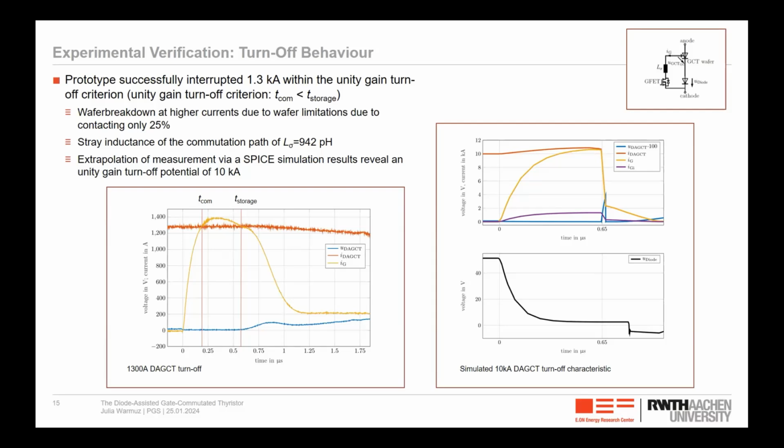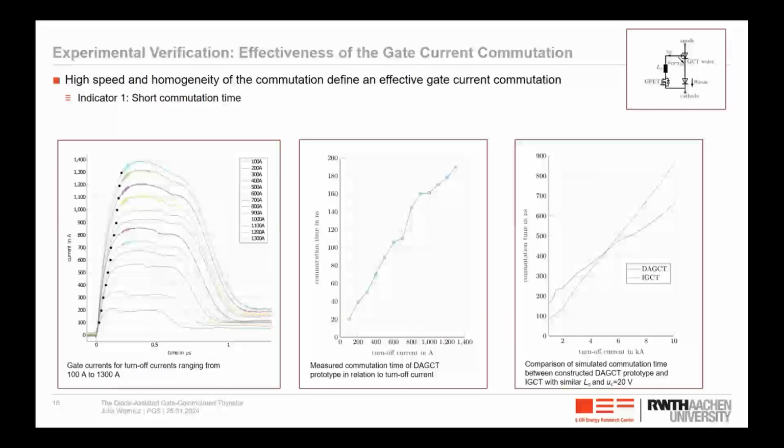And here you see the diode voltage plotted. So you have 50 volts forward voltage at the beginning of the turn-off process, and then the diode voltage changes in proportion to its turn-off current. But then we still have the question, okay, is this now a good turn-off, or do we need some kind of reference? So therefore I needed to define what is actually an effective gate current commutation, what's an effective turn-off